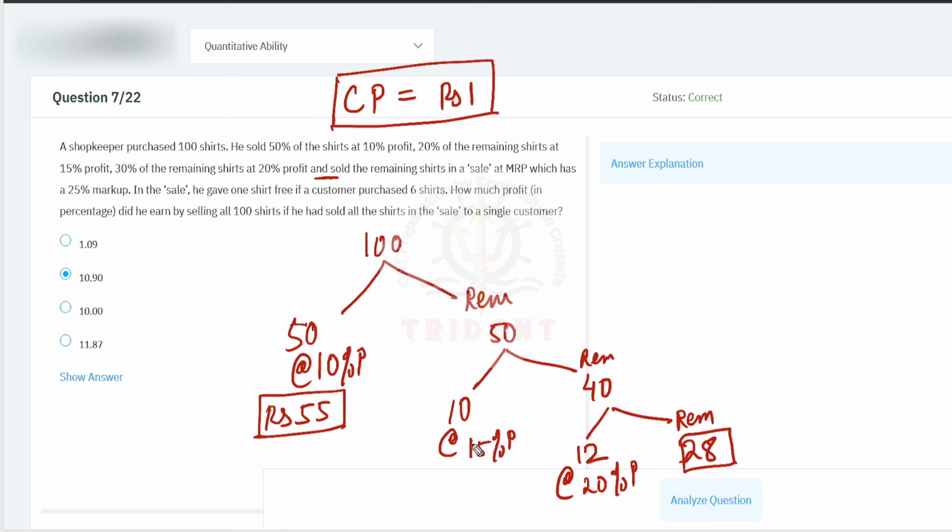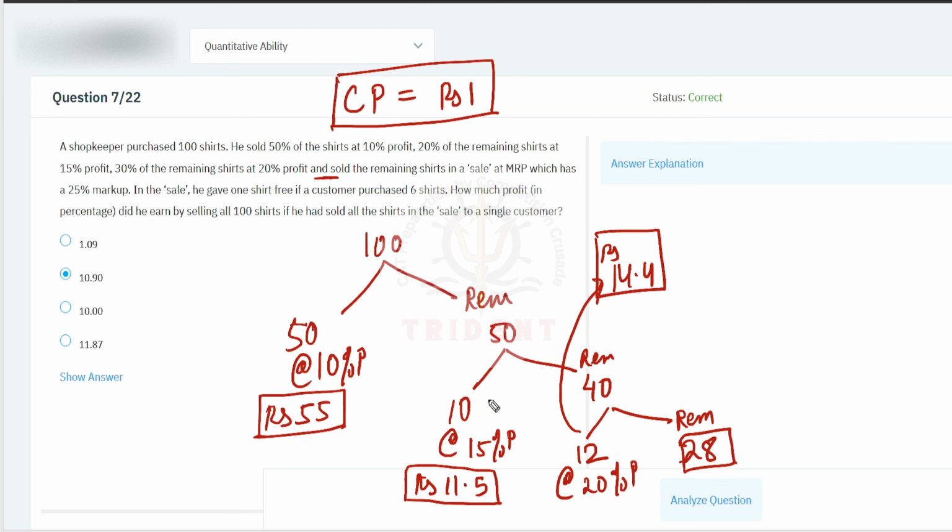Then these 10 shirts that he is selling at 15% profit, he'll be selling this at, let's do the calculation, 10 into 1.15. So this is going to be 11.5 rupees. So this is the total revenue that he is getting out of the 10 shirts that he is selling at 15% profit. Now the 12 shirts at 20% profit, I'm going to be writing it over there. So this is going to be 12 into 1.20, that is 14.4 rupees. Okay, you can make a box so that it reminds you of the revenue collected